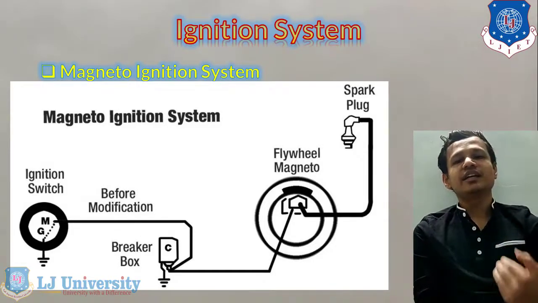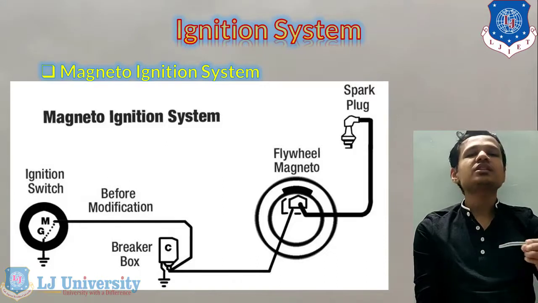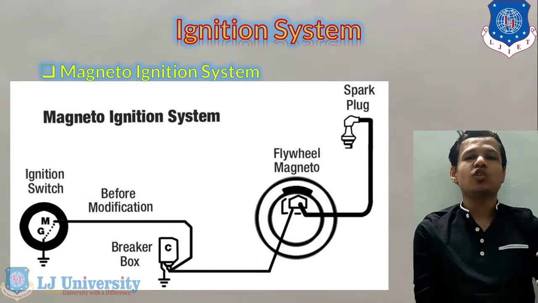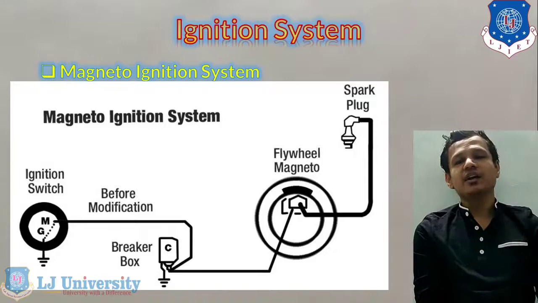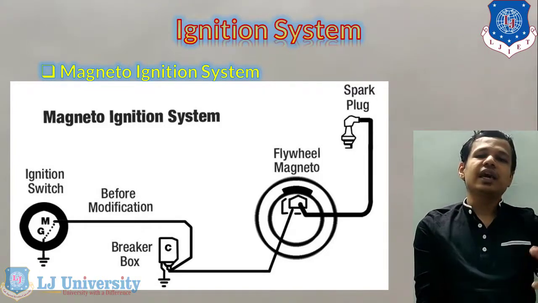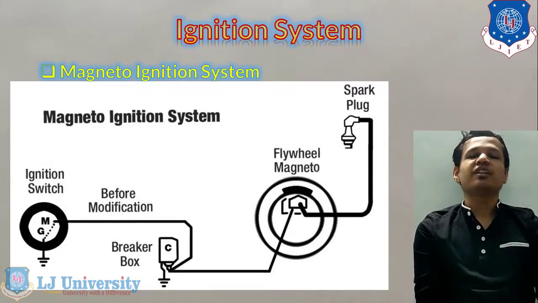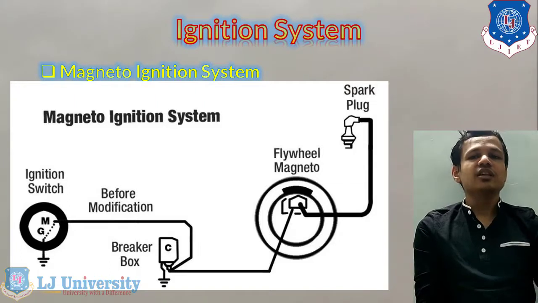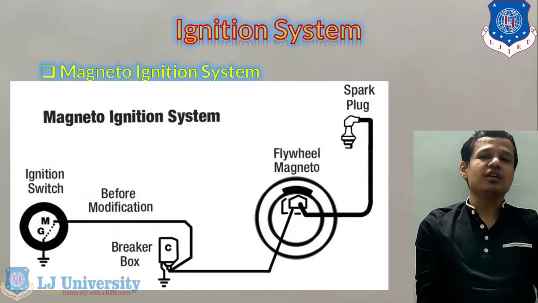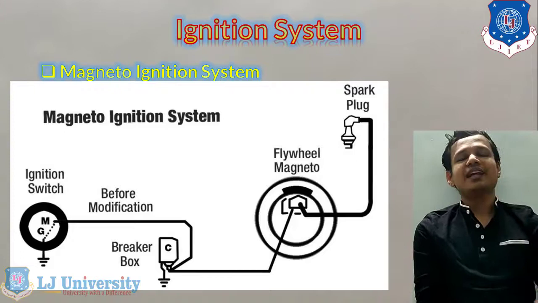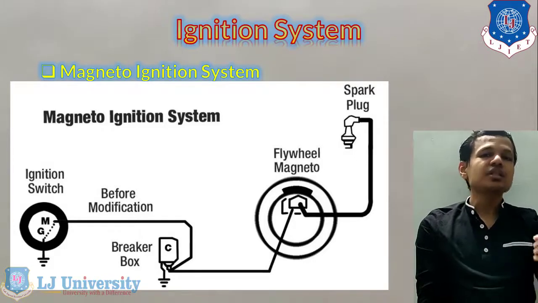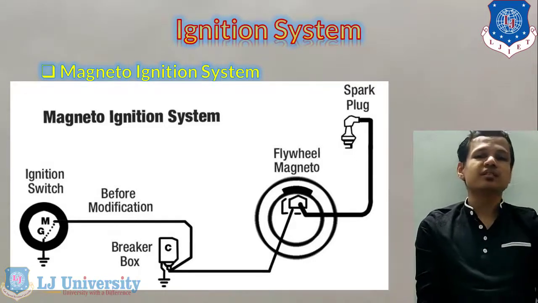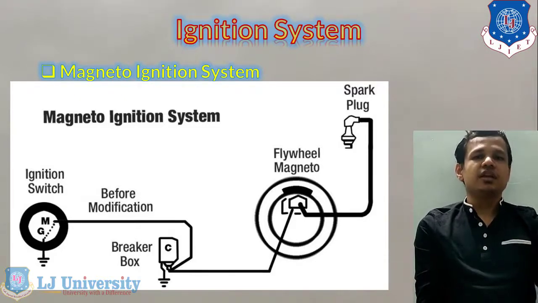It is further connected with the capacitor. The capacitor gives us the backflow of the current, and from that the current amplification is obtained, and that current is further supplied to the spark plug. The spark plug gives us the spark which is required for the ignition starting of our vehicle. So in the magneto ignition system, the number of rotating components is more compared to the normal ignition systems, right?